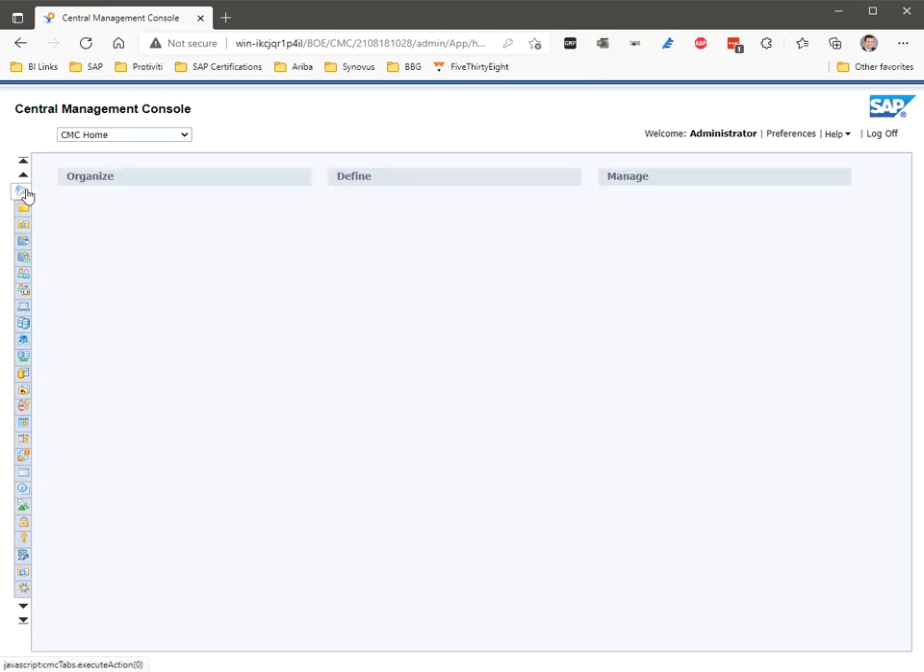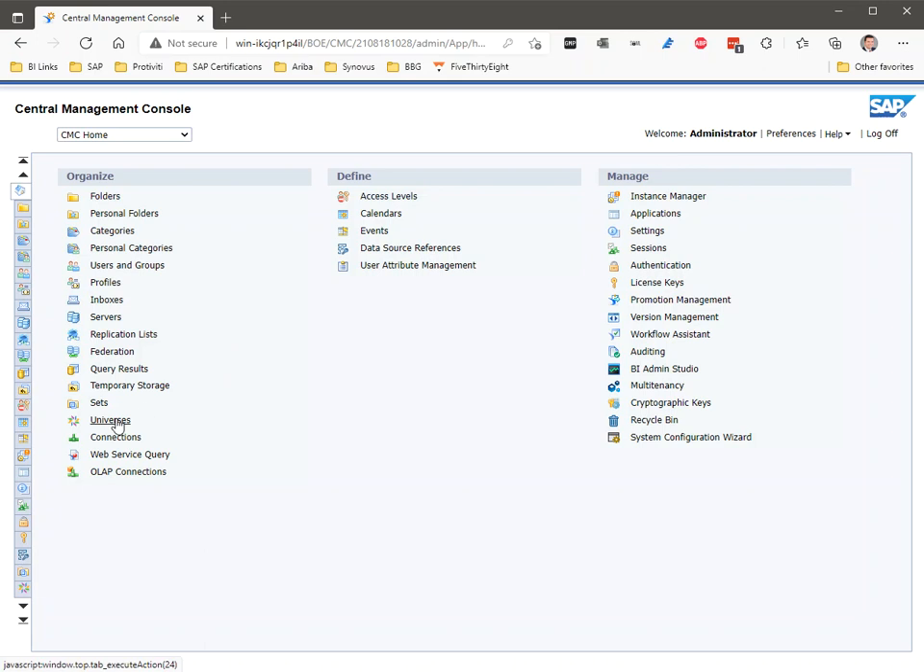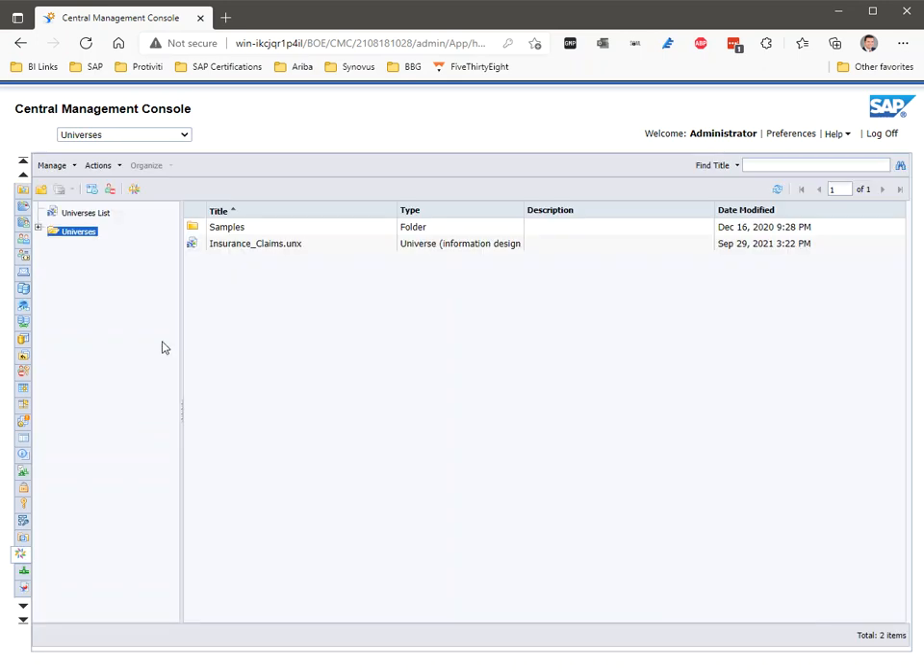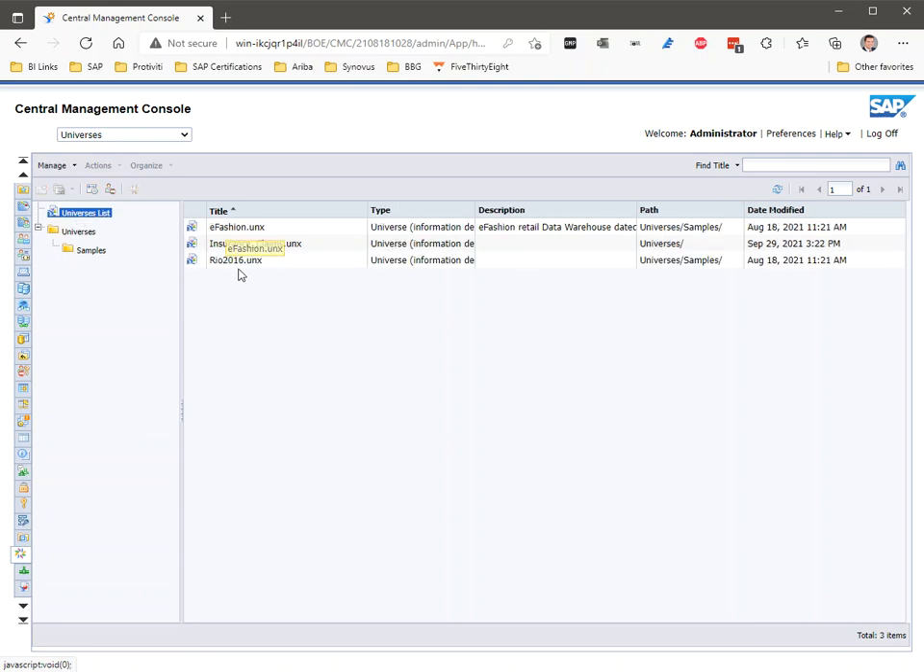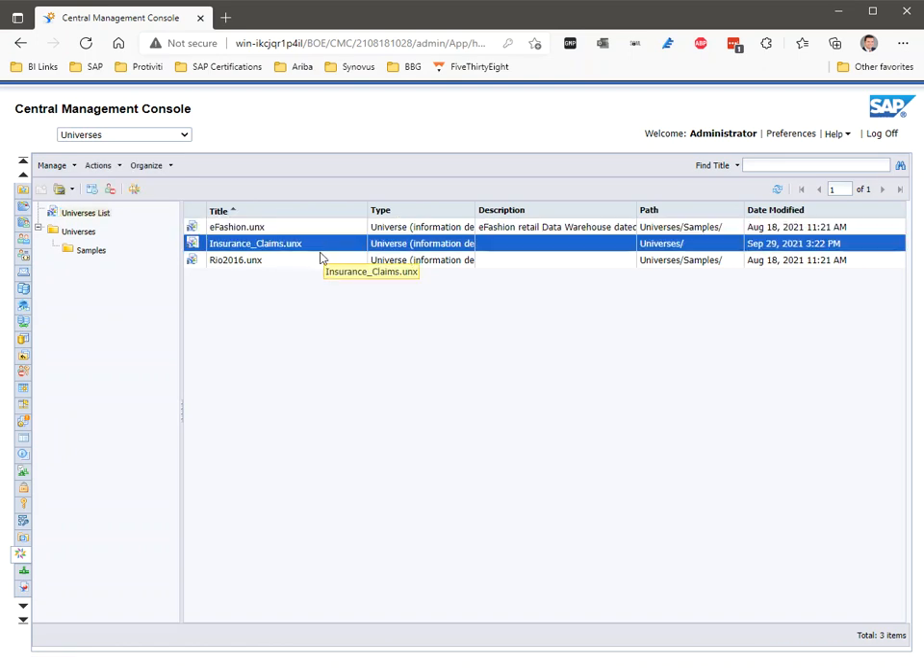So then we can go home. You can go have a look at your universes. If you go into universes here, you'll see we have a listing of universes by folder, and then you also have a complete universe listing. This is just a flat listing similar to what we had with the connections. So you can see that I've got 3 universes listed or